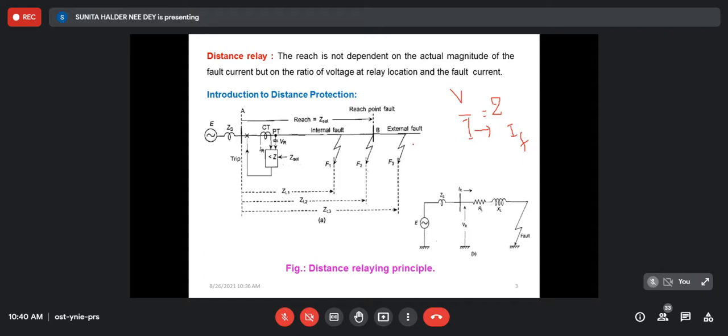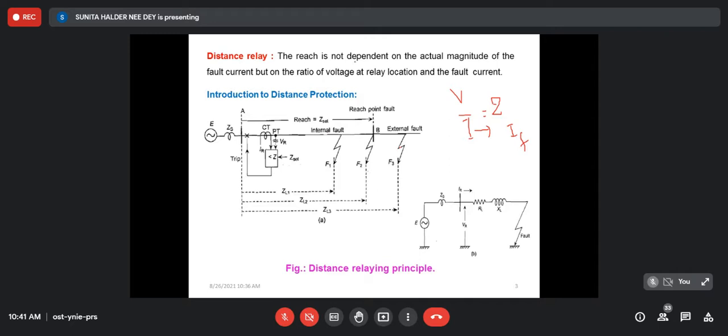So it is not differentiating any, and it is not sensing any current. It is sensing the ratio. So in that way, it is actually sensing the changing current, but in terms of impedance. The magnitude of current, what the fault current is, is not important. What is important is that it has deviated from the rated current. Whenever there is a huge deviation from rated current, the impedance will be very low as compared to the normal value. So it is very easy to identify the fault condition at least.